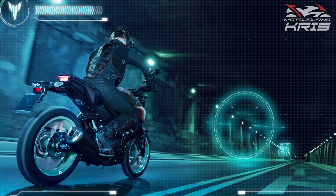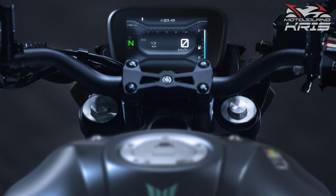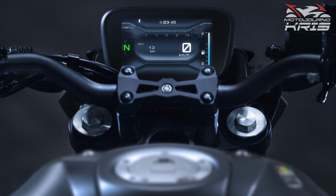I'm not really sure what the rules are for Europeans on the A1 licenses around mobile phone use, but here in Australia, learner and probationary riders are not allowed to use a phone at all. I'm going to assume that's not the case in Europe, as it would make this feature a bit useless for